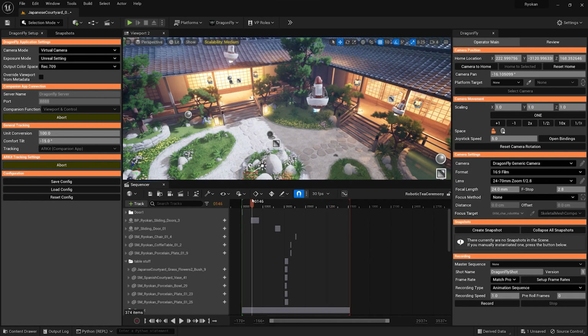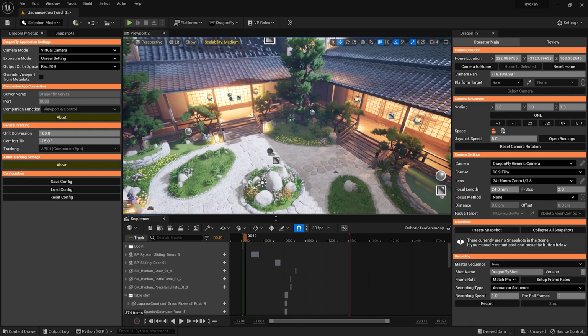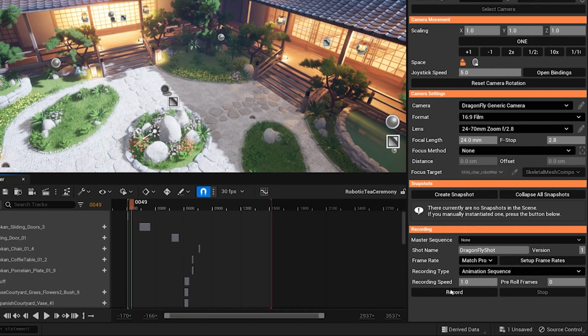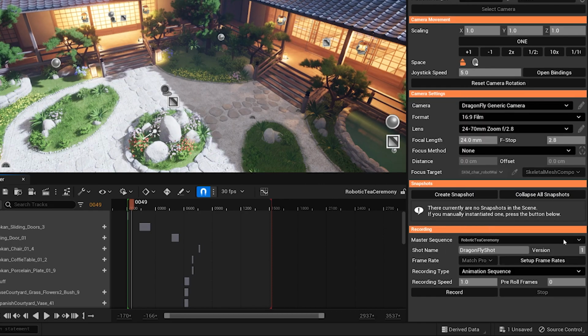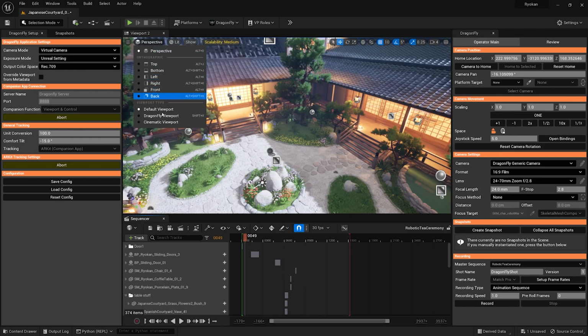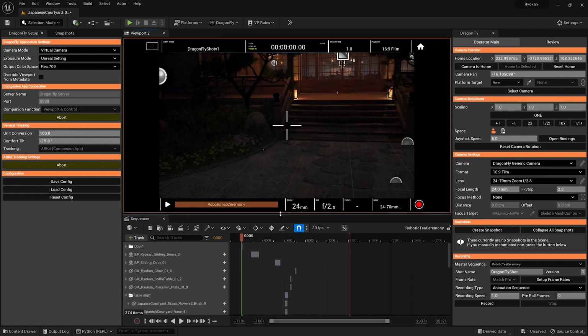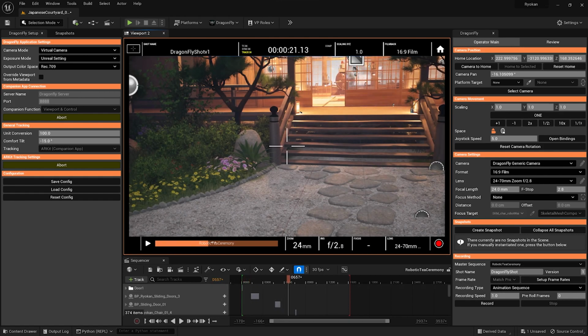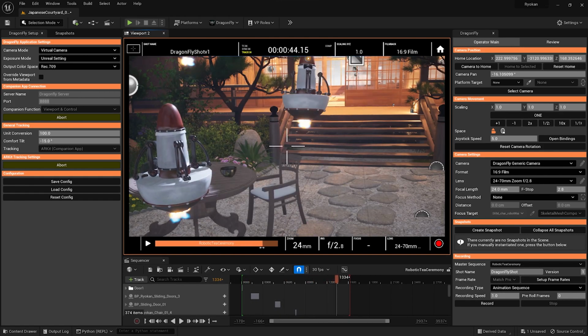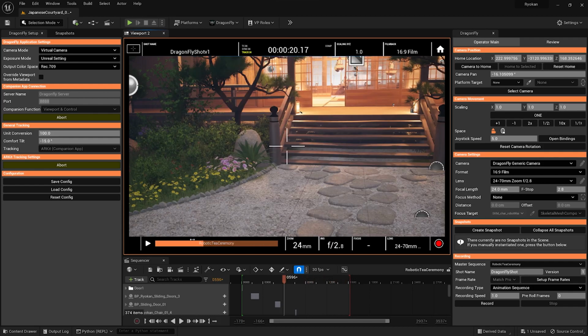And having this in one level sequence here means that we can go into Dragonfly settings, in the recording section specifically, and under master sequence, tell Dragonfly what our sequence is. For me, that's robotic tea ceremony. And by selecting it here, when we switch to the Dragonfly viewport, you will also see that we can navigate this animation sequence from Dragonfly's viewport directly.